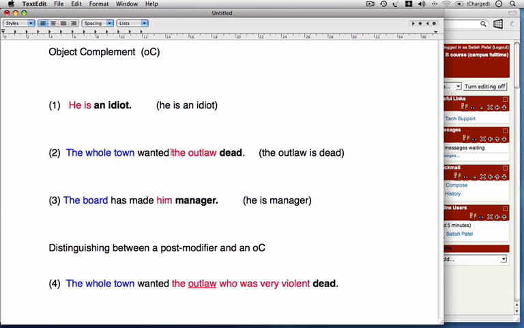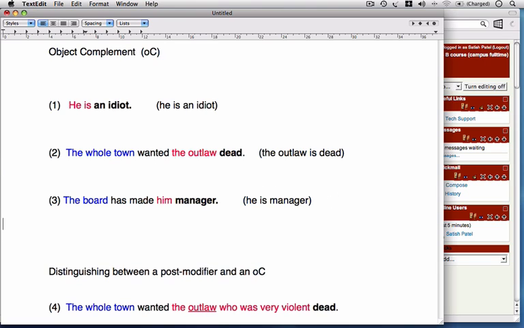There are a limited number of verbs, or should I say, lexical verbs, which have this object complement pattern. Let's look at one more example whilst we are looking at this. If we say 3a, the voters elected her president.